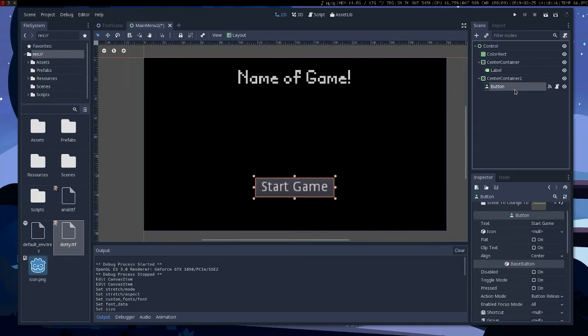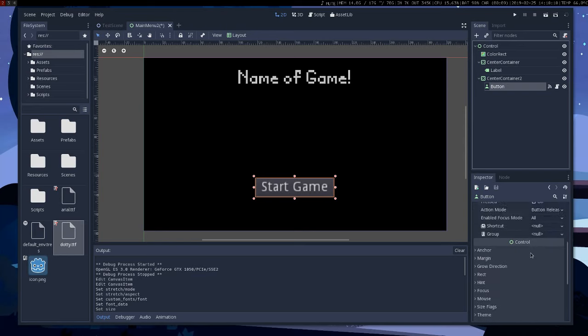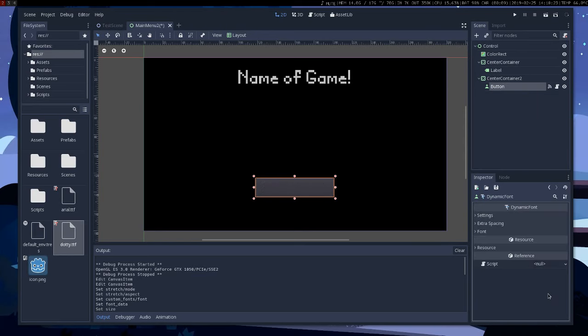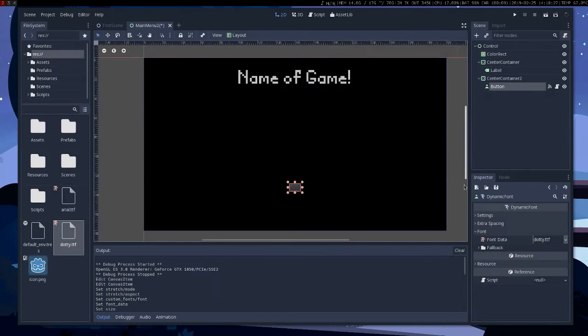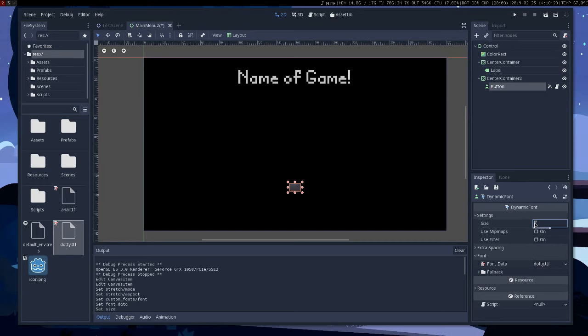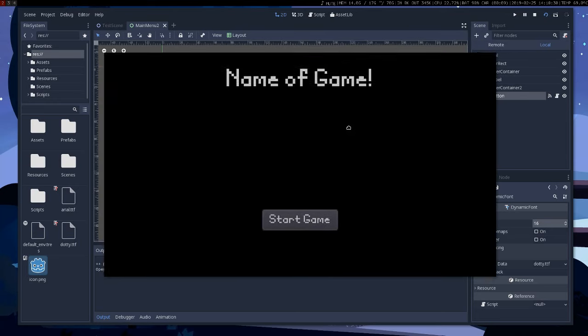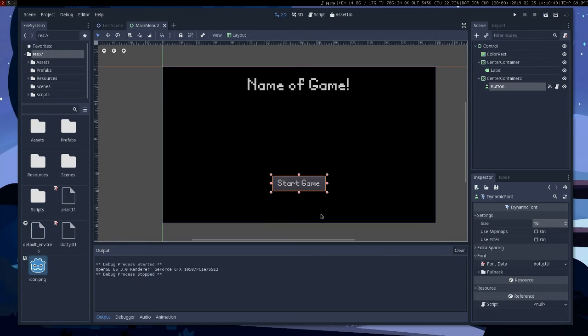And we can do the same thing with this button. Custom font, new dynamic font, load the font data as .e.ttf, and set the size to say 16 for the button. So now if we go ahead and play, nice stylized fonts. You can also do other things for the font,